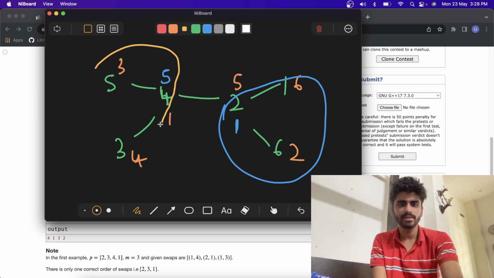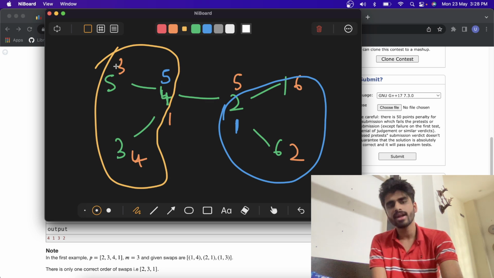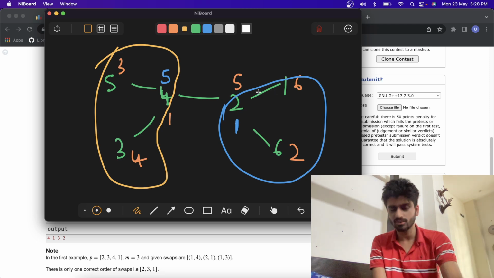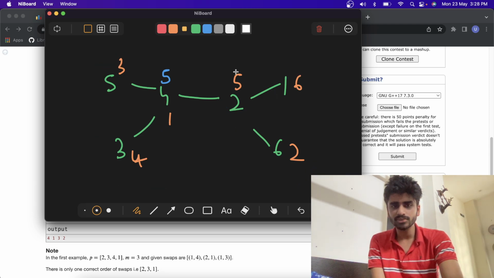Yeah, if we look at this circled part, the values are also 3, 5 and 4, and the indices are also 3, 5 and 4. So obviously this part is also solvable, this part is also solvable. But if we pick some other edge first, then what will happen is,